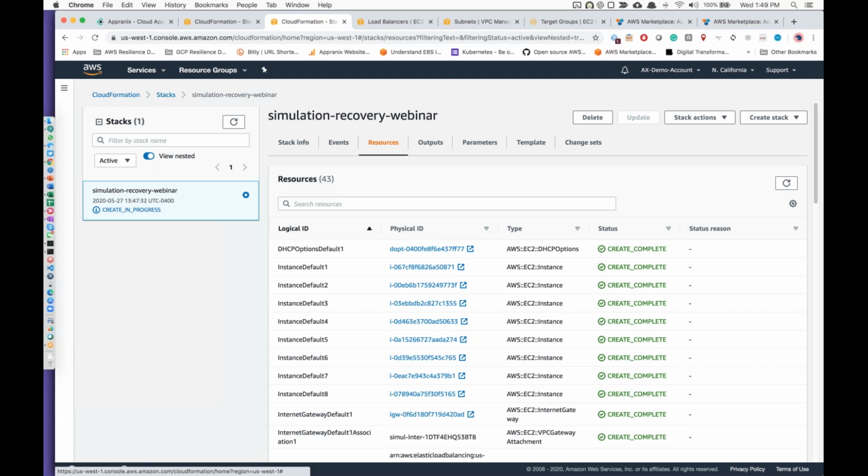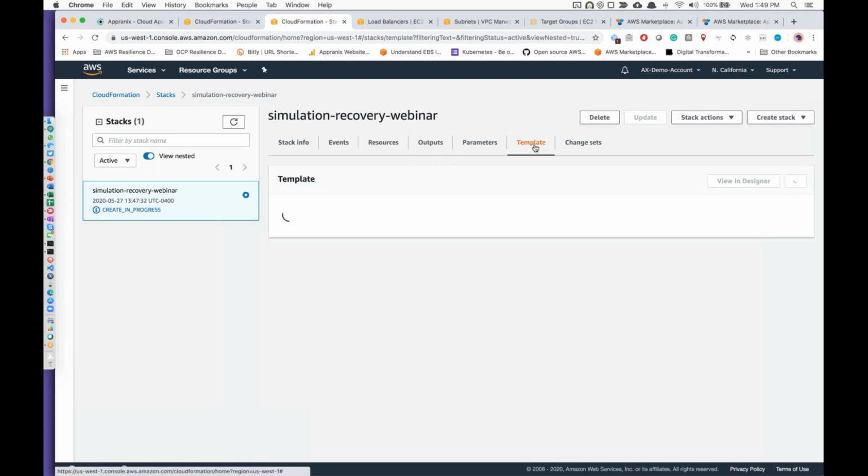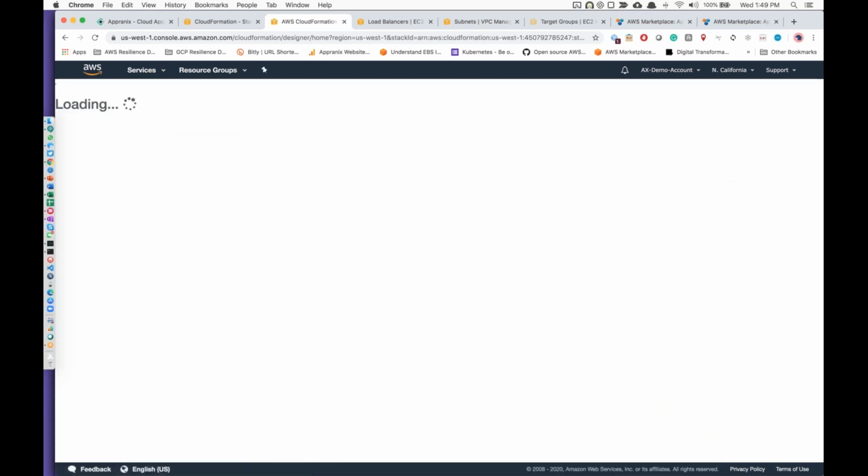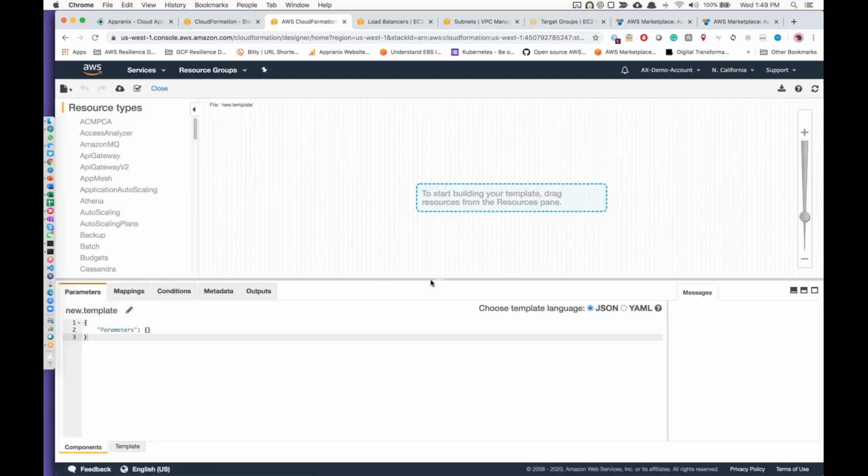This is a very, very simple application, and eight different VMs. Obviously, eight different VMs, about 43 different cloud resources. And if you look at the template itself, the template is decently complex. It's not too complex.